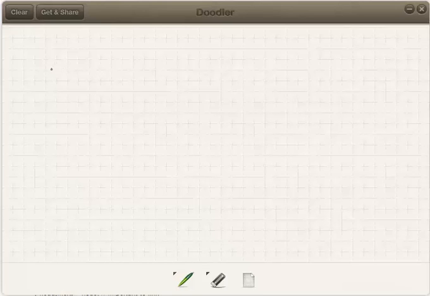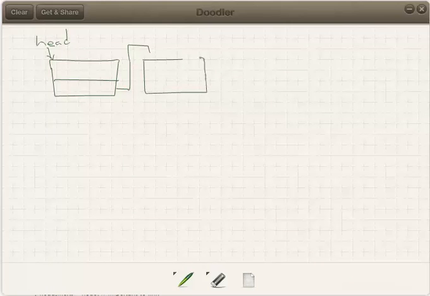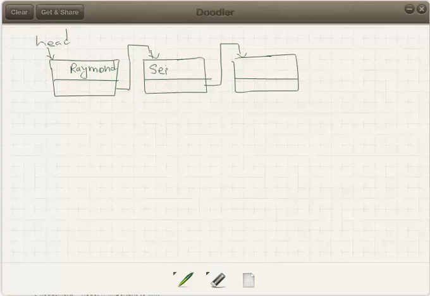We have nodes. We saw that this is a head and a pointer pointing to another structure. It's a linked list, right? And this is pointing to somebody else, some other structure. So here we saw Raymond, and here we saw, let's say, Seinfeld,